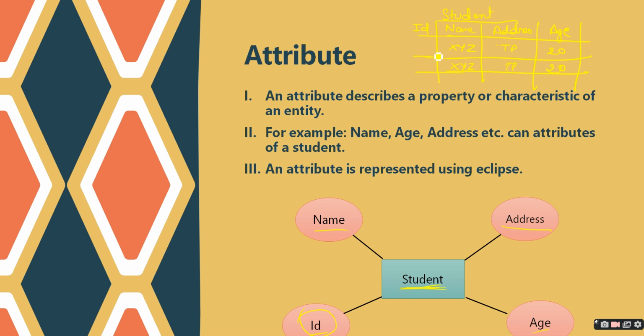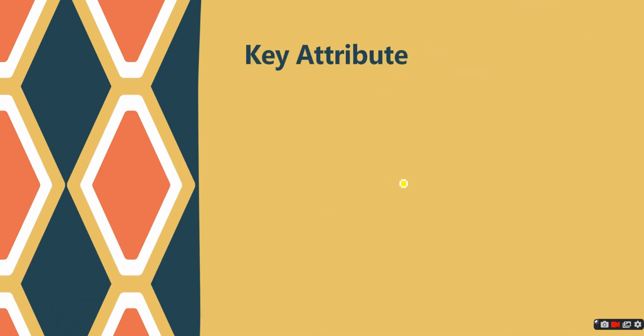For each and every student, I am going to create a new record. So for this I have created this one, for this I have created this two, and this one is not going to be used by any other student. This is unique to this xyz. That's why we have an id attribute as well, and we are going to create an id attribute in each and every table, so that it will be easier for us to identify each and every record uniquely. We are going to see a practical example for that.